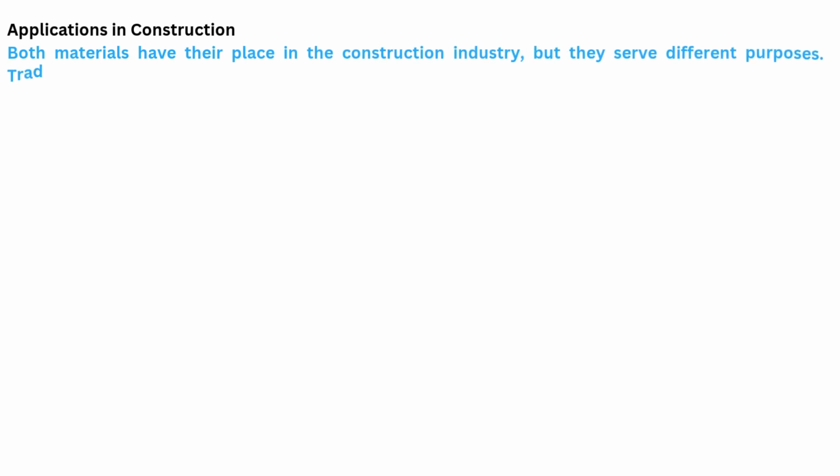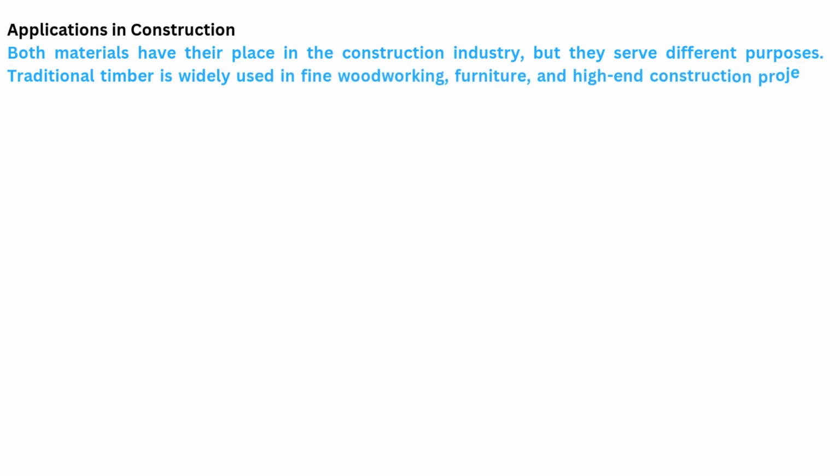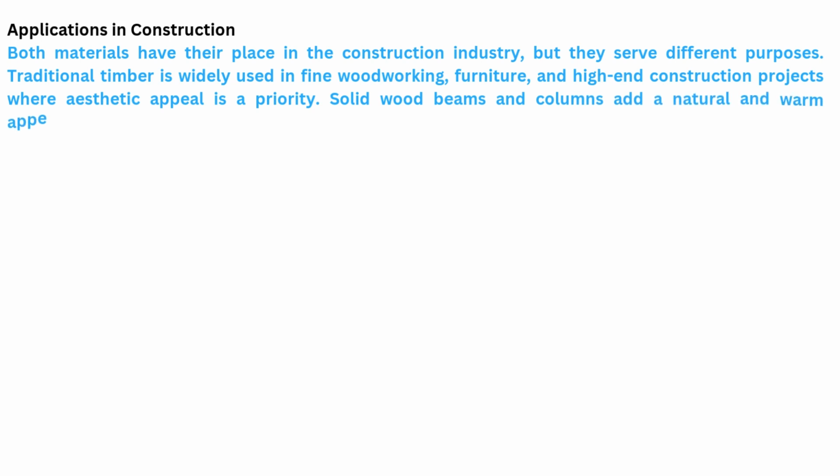Applications in construction. Both materials have their place in the construction industry, but they serve different purposes. Traditional timber is widely used in fine woodworking, furniture, and high-end construction projects where aesthetic appeal is a priority. Solid wood beams and columns add a natural and warm appearance to homes and buildings, making it a preferred choice